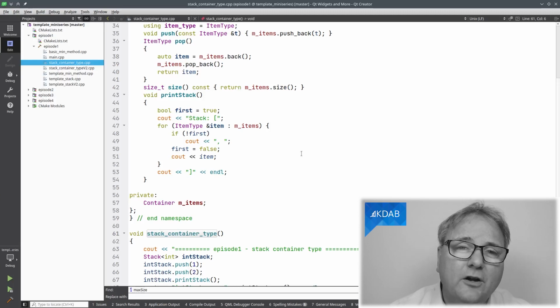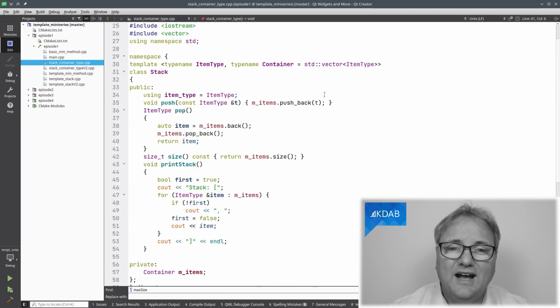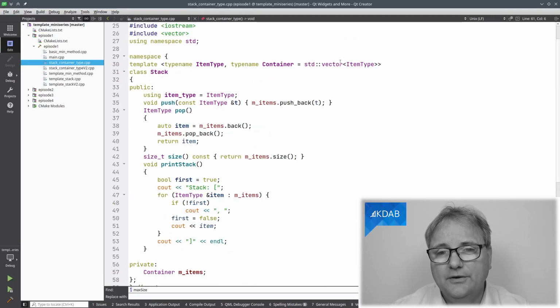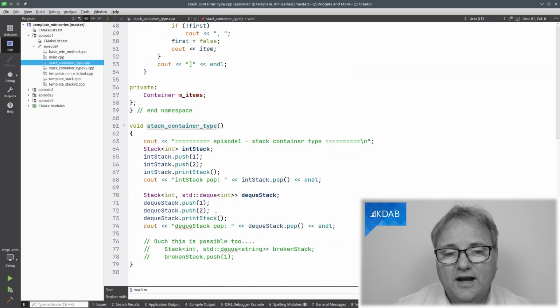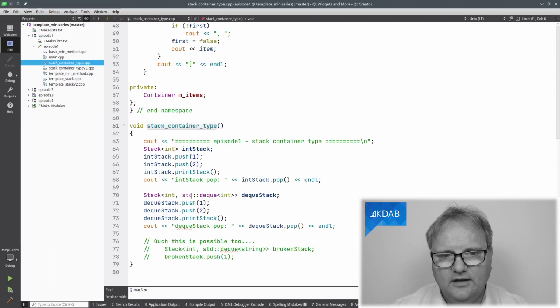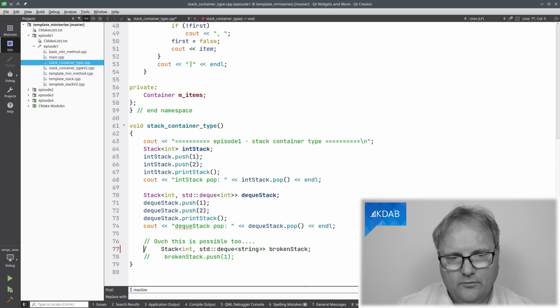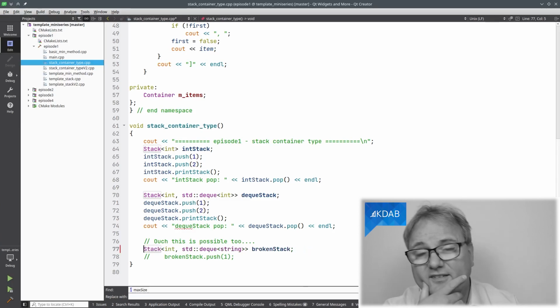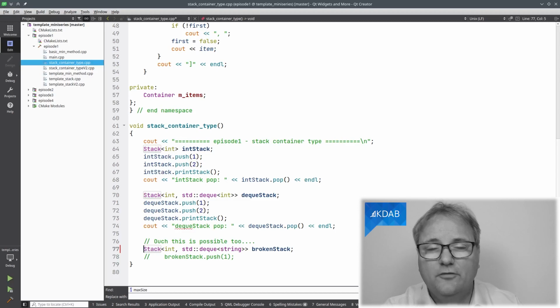There is, however, one problem. See, I have an item type here and a container of that item type, the default, but what if I wanted to have, so I can now write stack int and stack deque of int. That's perfectly fine, that's the intention. But how about if I wrote stuff like this? I want a stack of integers.